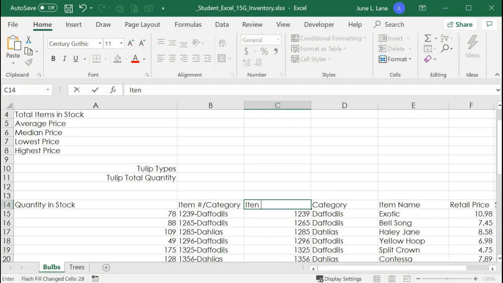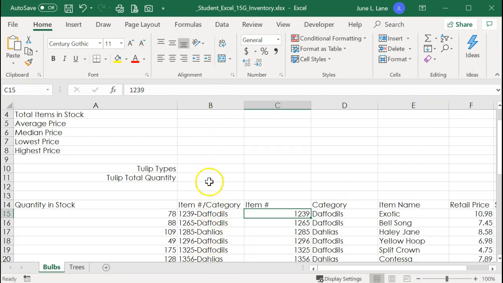Make sure there's a space after, and make sure you spell it correctly. We got item number. So we type in the item number for our column title in column C, category as our column title in column D. All right, and I hit my Enter key to make that information within that cell. Next, we want to come back and delete column B,